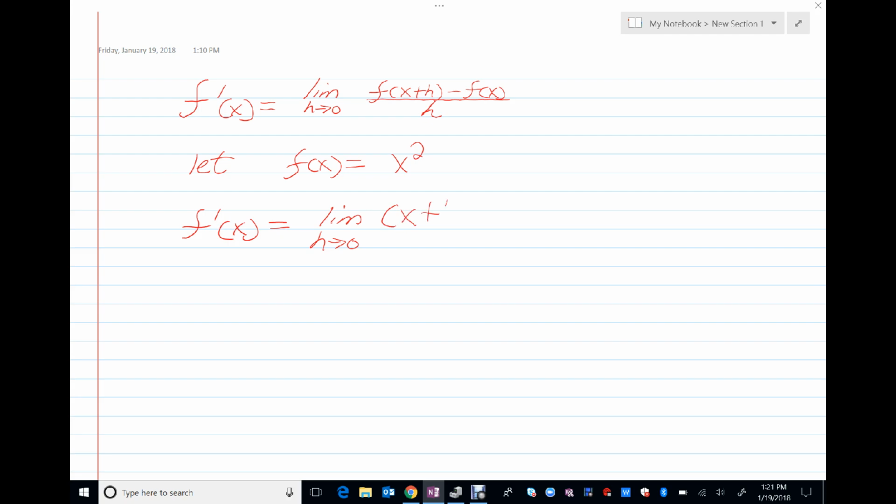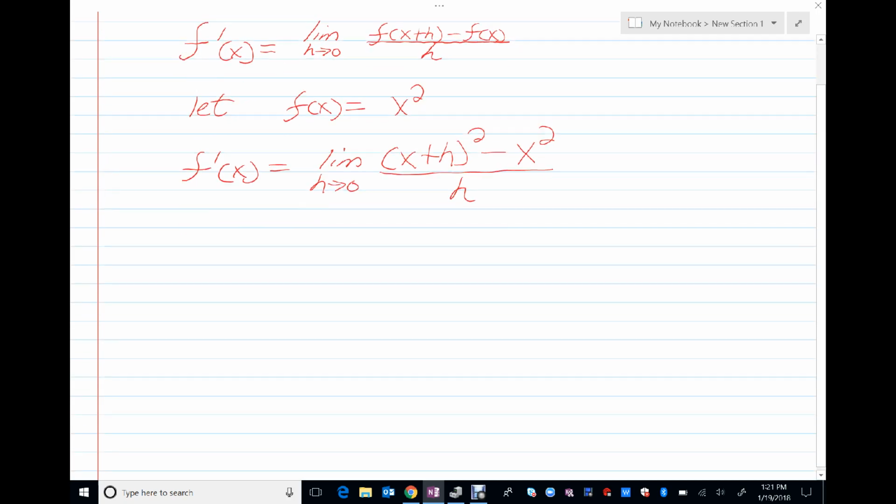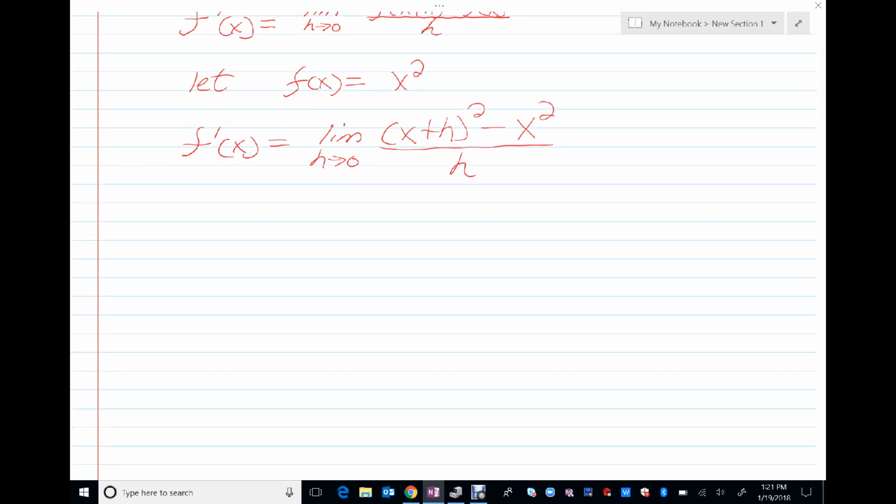I replace x with x plus h in my function, minus f of x, which is x squared, all over h. Now, what I'd like to do is simplify and expand this on the top,